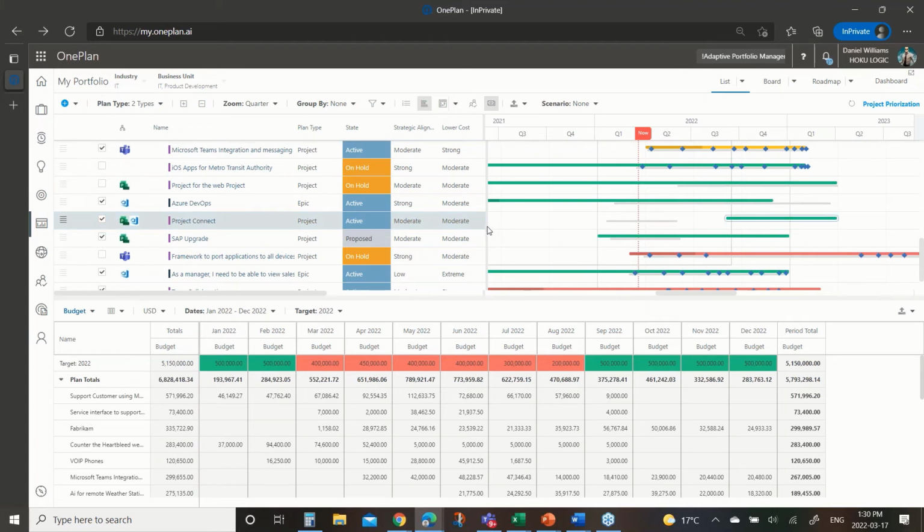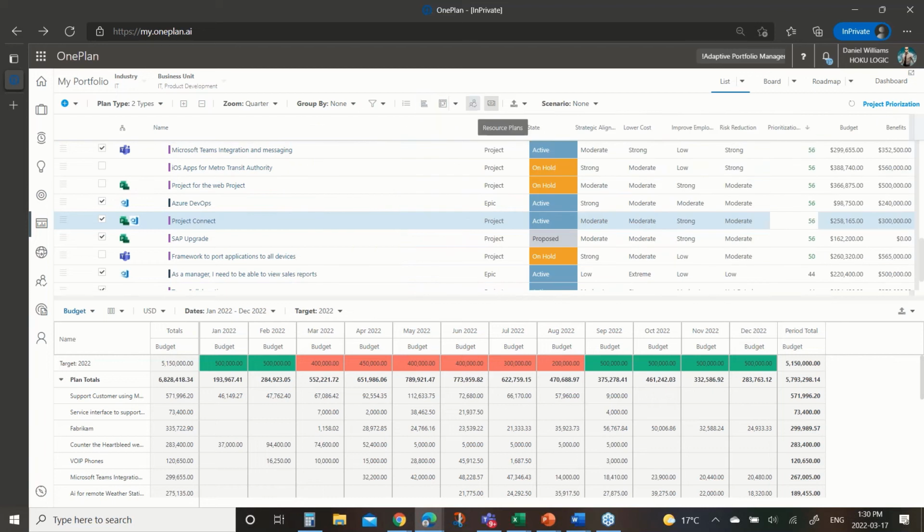I could bring into this equation, I take this away. I could maybe come in here and say, I want to add a column that looks at what key results these projects are aligned to, or filter on a specific objective and make sure that we've got the right projects in place. So again, I can bring strategy into this exercise to make sure that if we're going to deploy those scarce resources, we're putting them on the things that matter most.